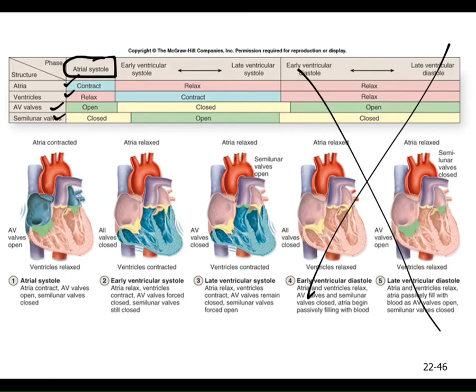The semilunars. So when the atria are squeezing, the ventricles are receiving that blood. To receive that blood, the AV valves had to have been pushed open. And I'll tell you now that the other valves, the semilunar valves, are closed. Okay. Now, let's go over to